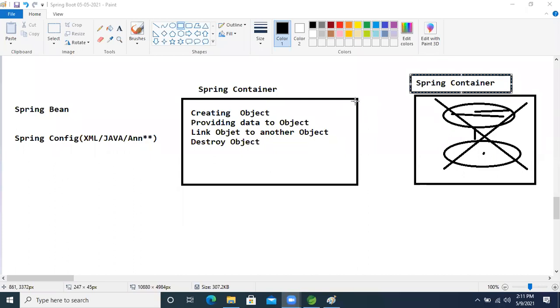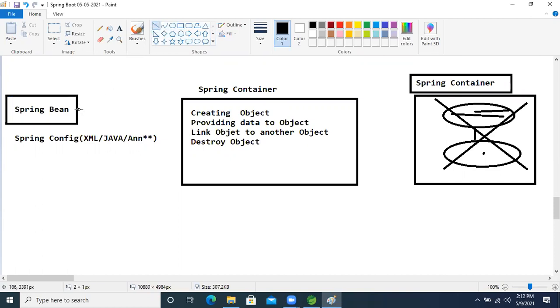Same like here. We can write a class in normal core Java, writing a normal class. But think about the Spring Container: it is like one home, our friend's home, and the Spring Bean is like us entering it. Whenever we enter our friend's home, we need to follow their rules and regulations. So we need to write this bean in such a way that it follows the container's rules.